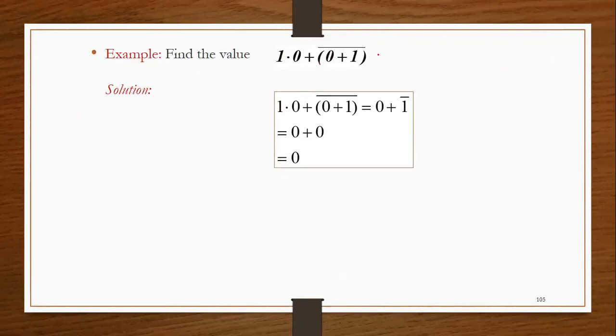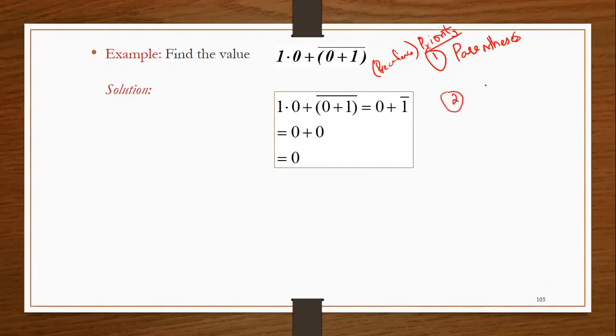First and foremost, anytime you are solving a Boolean algebra problem, if parentheses are used, the first priority is for parentheses. Which one are you supposed to solve first? If parentheses are there, first priority goes to parentheses. This is also known as precedence, which you have studied even in C language: which operator should have the highest precedence. So parentheses will get the highest precedence.